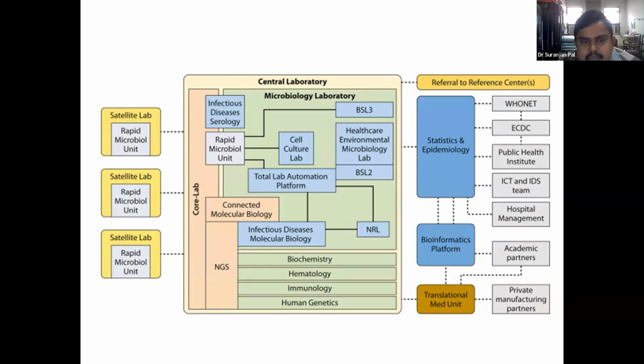and the connected molecular biology, where, from the total lab automation, if further identification is required, the molecular biologist will identify. If there is a chance of referral, it will be referred to the national referral lab or other referral lab, which will integrate the data of WGS as well as next generation sequencing with biochemistry, immunology, etc. And further, this data will give rise to statistics and epidemiology through different software, that is HUNET and ECDC, etc. will be sent the data.